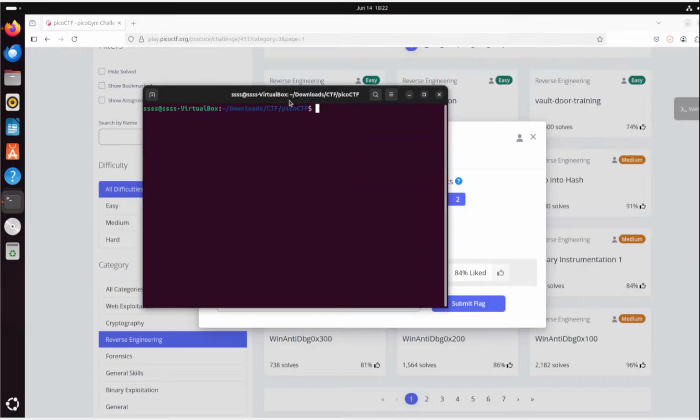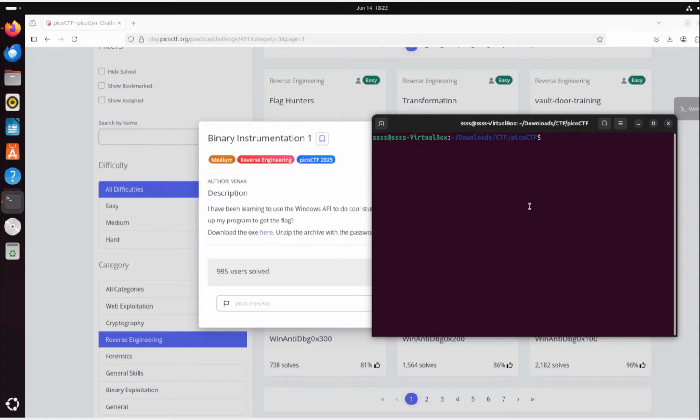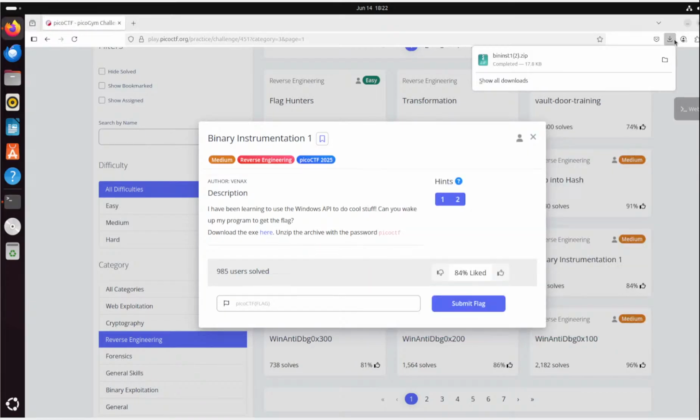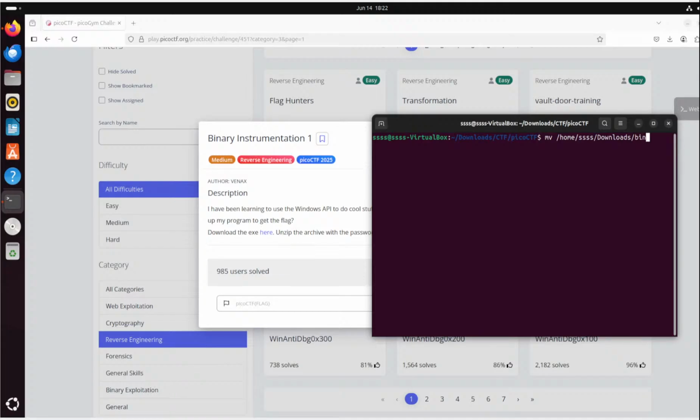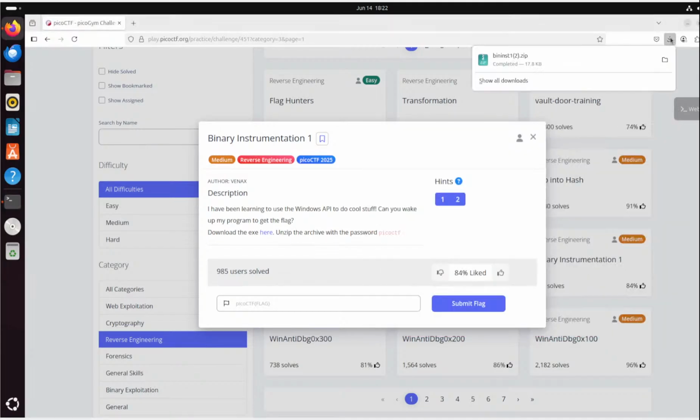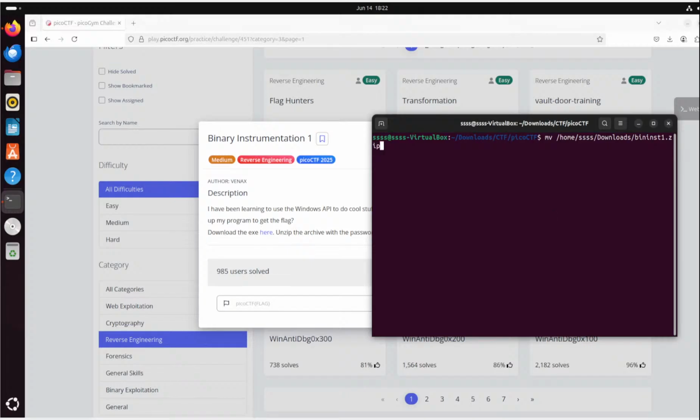Let's download it. Let's move to /home/the user/downloads. What was the file's name? bininst1.zip. Was it zip? Yes, it was a zip. To here. Okay, so we can see we have the file. If we actually unzip it,